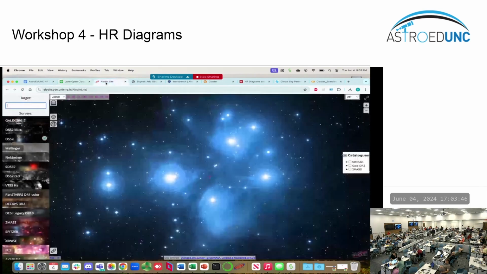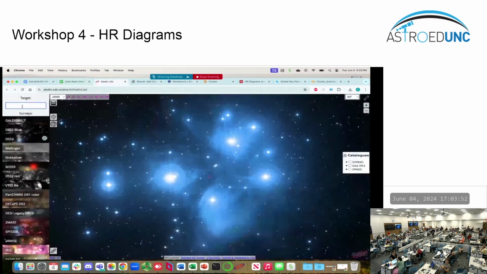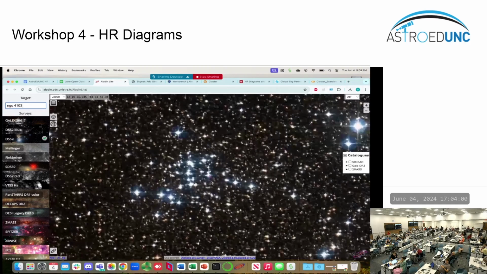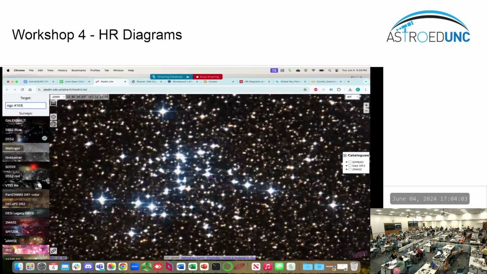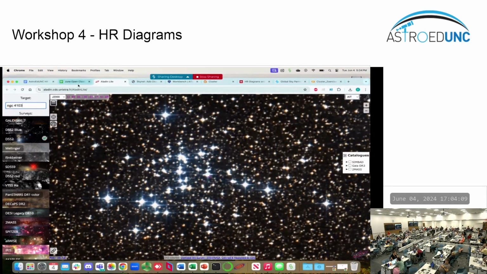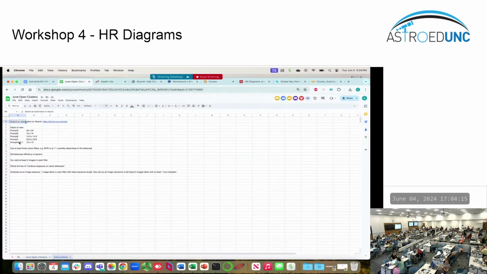You could also access Aladin Lite and actually look up NGC 4103 and see how big it is in Aladin Lite. It is a smaller cluster. Yeah, a 10 by 10 field should be decent, but maybe a 20 by 20 would be even better, and you might get a more spectacular picture. So you could decide which telescopes you would want to use to observe whatever cluster you decide to observe. I would suggest selecting at least, well, you have to select at least 3 color filters: BVR, g prime, r prime, i prime, or whatever